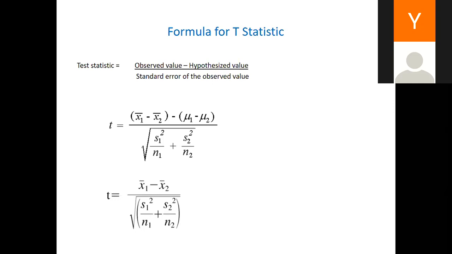We are talking of confidence interval crossing 1. But here, we use 0 as the reference. Confidence interval crosses 0, because if there's no difference between the two groups, when you remove the one from the other, it will be 0. So if there's no difference, the expected difference will be 0. That's why mu1 minus mu2 will be 0. If it is 0, that's why it's out of the equation.